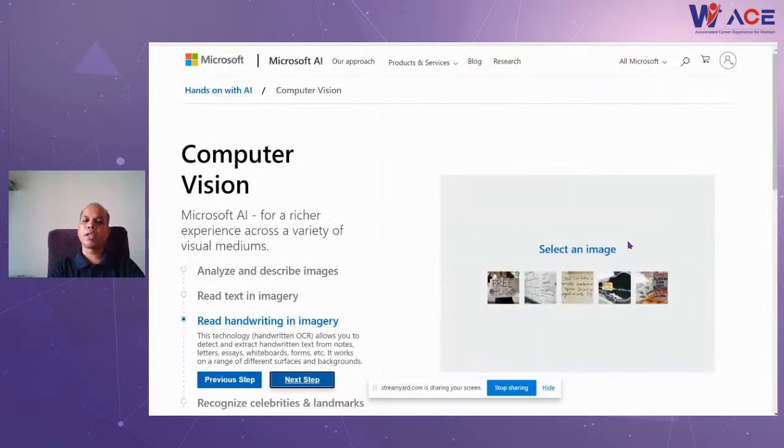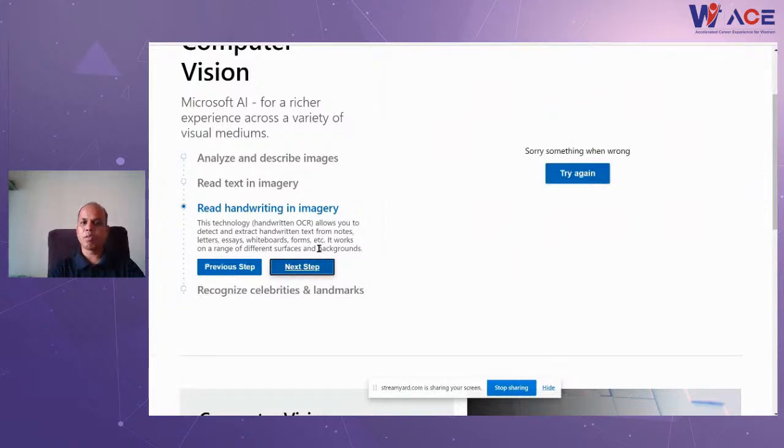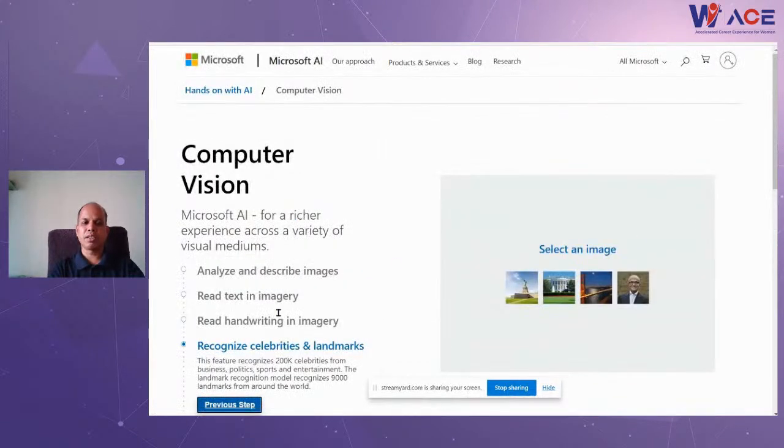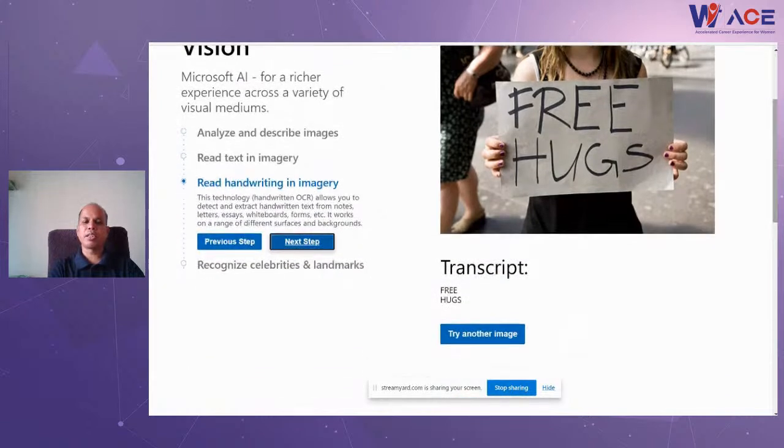Similarly, if I want to move on and look for a different, more complex thing, okay, I'm not sure why it's showing as just a minute. Yeah, so now you can see there is a poster, and what is there in the poster? If I want to determine, it's transcribing automatically and displaying whatever is written over there.